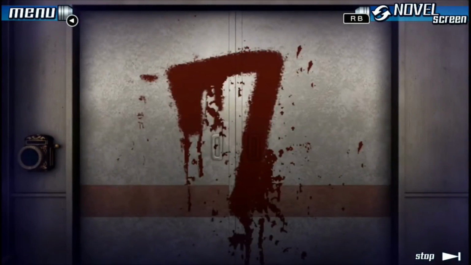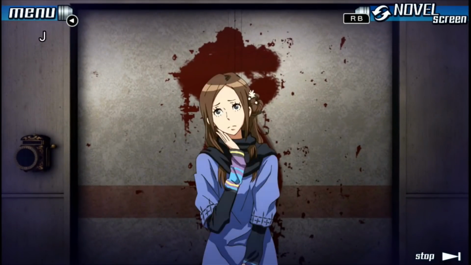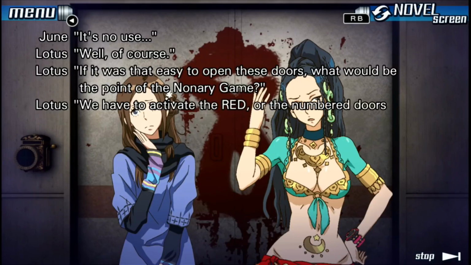Okay, I figured that would be locked. Oh, yeah. Well, of course. If it was that easy to open these doors, what would be the point of the game? Yeah, I was going to say, as soon as I saw they were numbered, I knew they wouldn't open. I don't blame them for checking. We have to activate the red, or the numbered doors won't...